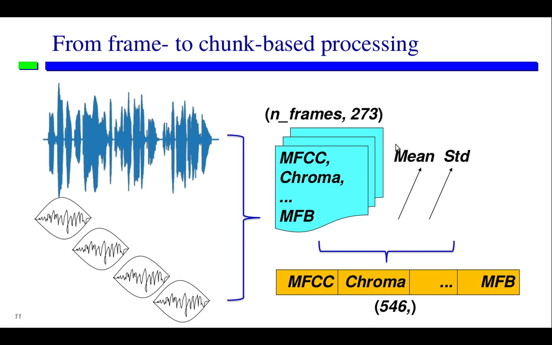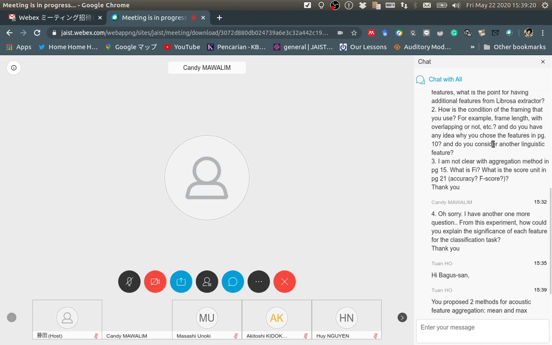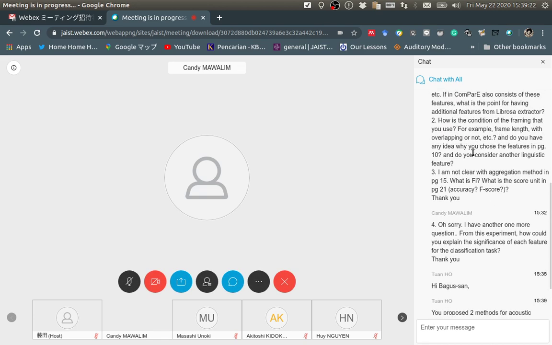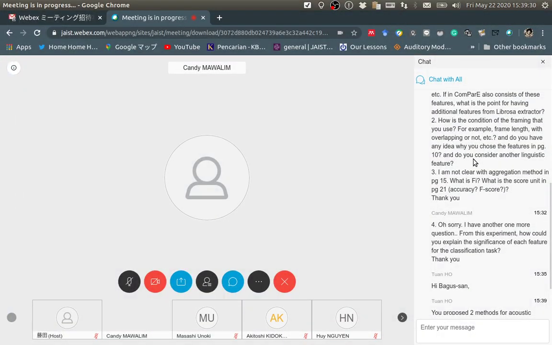So that's why I propose this statistical function. It's called framing. Do you have an idea where you choose the feature? Okay, I already answered. And then for linguistic, I didn't consider others, because this feature is extracted